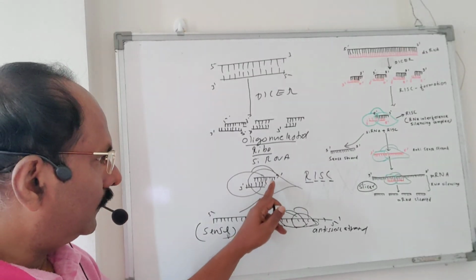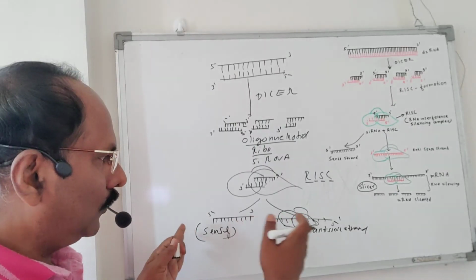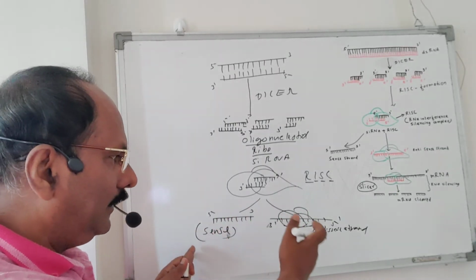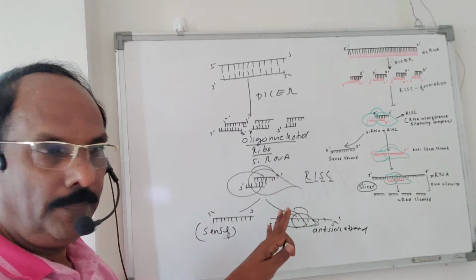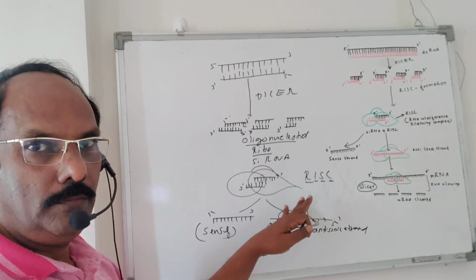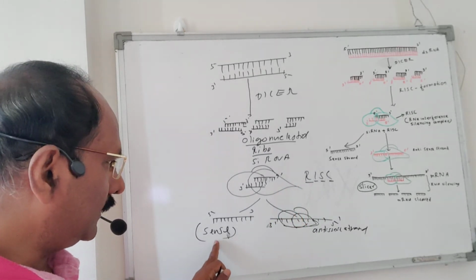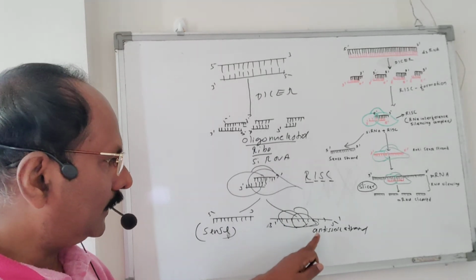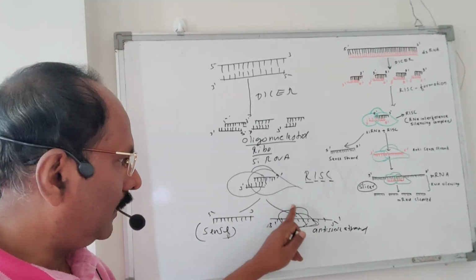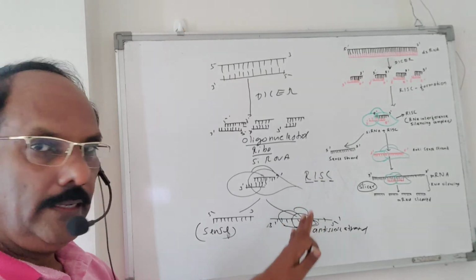Actually, the splitting of the double-stranded oligoribonucleotide into the sense strand and antisense strand is done with the help of the enzyme already present in the RISC. So RISC is a protein and also enzymatic. So it is split into 2 parts: one is the sense strand, another one is the antisense strand. This antisense strand with the multiple protein complex is the candidate for RNA interference.